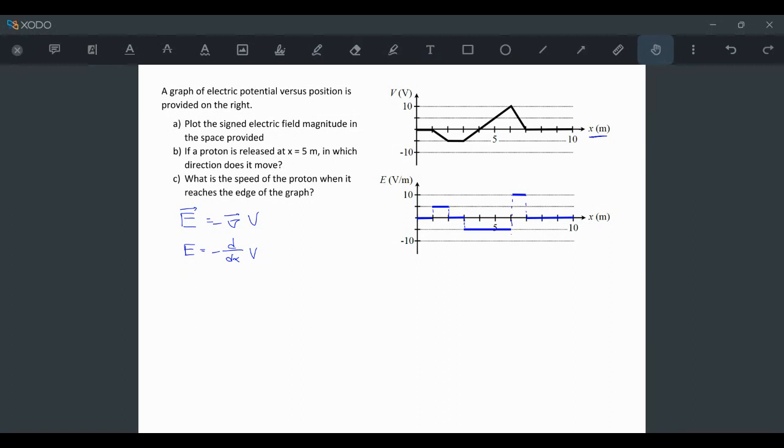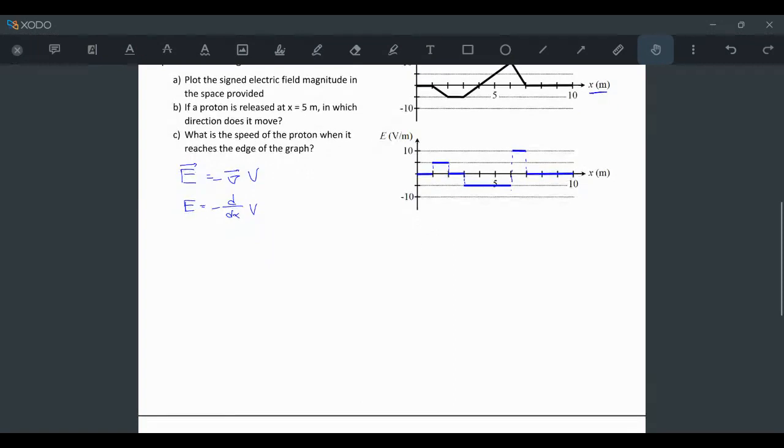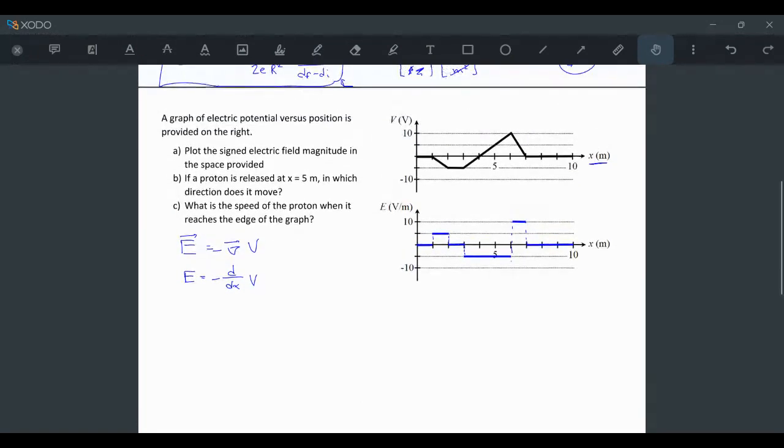Okay, so that's A completed. If a proton is released at x equals 5 meters, in which direction does it move? We can do this entirely by inspection. Imagine we have a proton positioned at x equals 5 meters. So I'll go to x equals 5 and put it right here